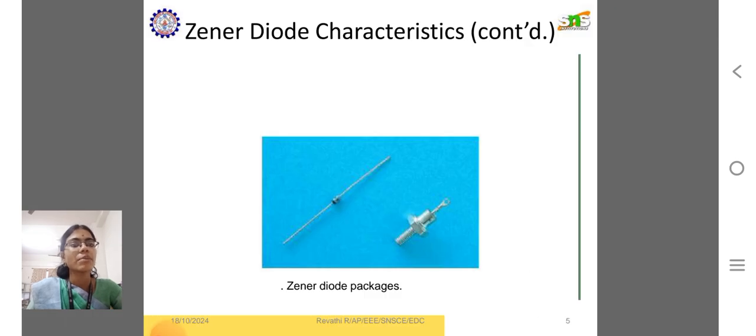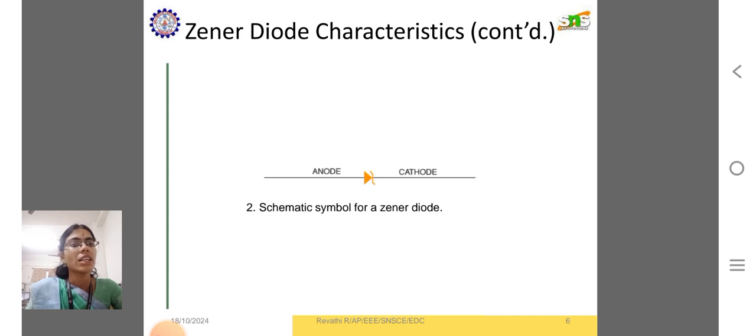A diode symbol of a Zener diode, where the first one is the electronic device and the second one is the connector, the diode package. The schematic symbol for a Zener diode is like a PN junction diode, where the anode and the cathode terminals are connected across the diode. The symbol is slightly wavy, which differentiates it from the PN junction